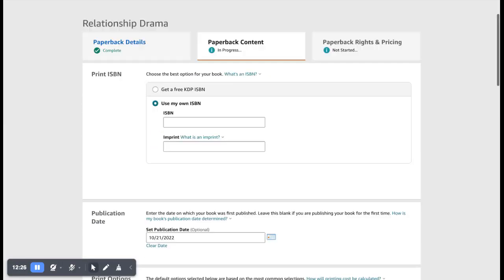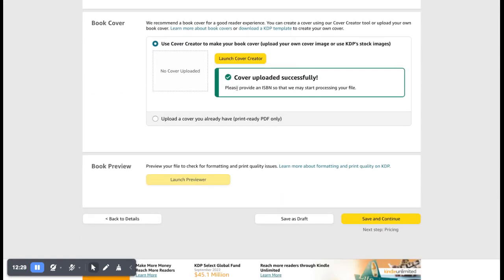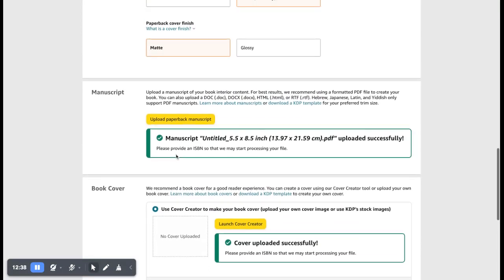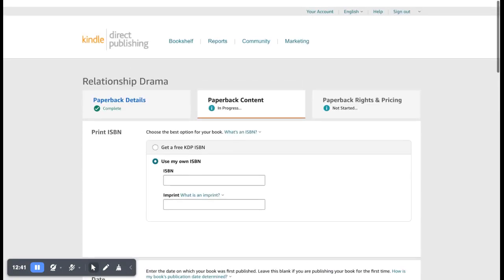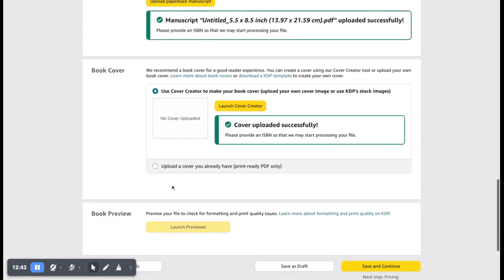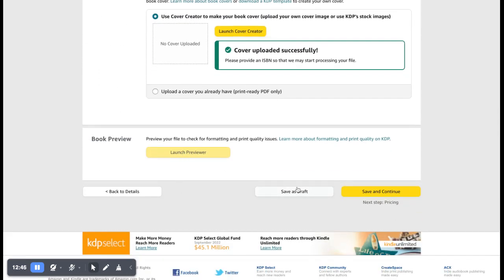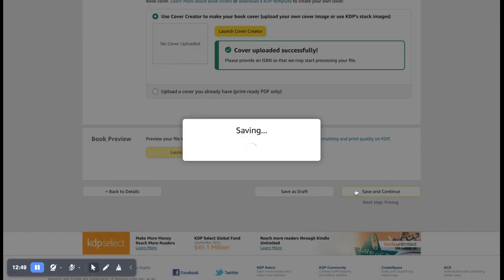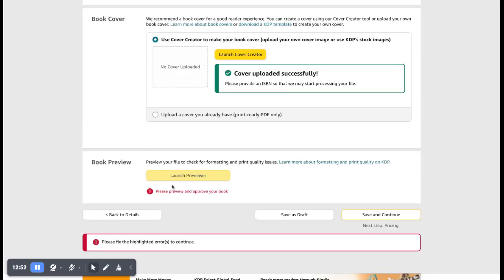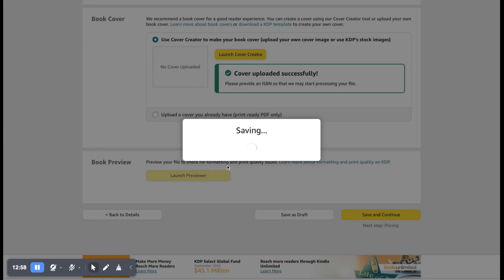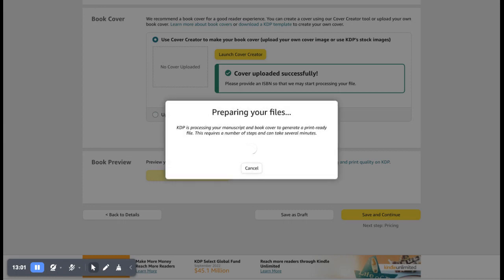And I'm going to go down to the bottom here to make sure it was successful. Now, before I can go any further with the pricing, I do need to go ahead and start the launch and launch the viewer. Well, I believe I can't go forward until you fix this here, which is you have to do the launch previewer, which does take a while. So I am going to pause this video and then come back once the